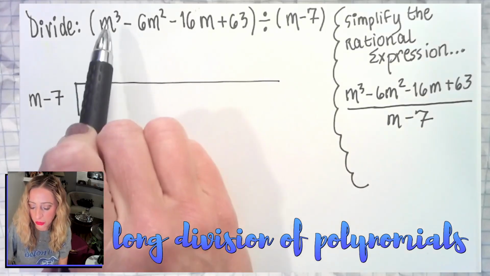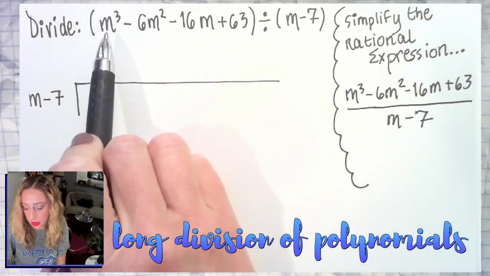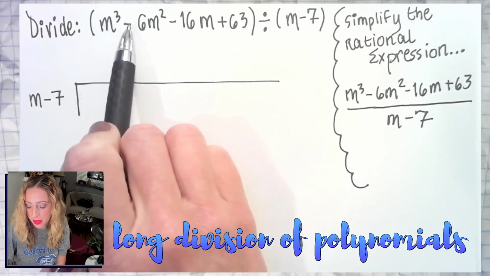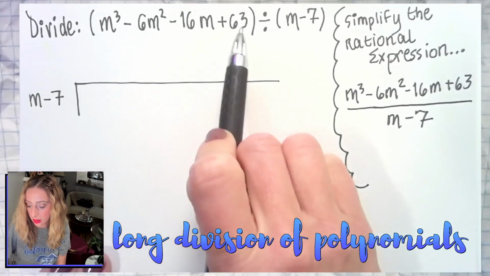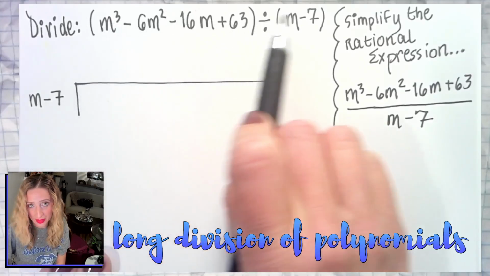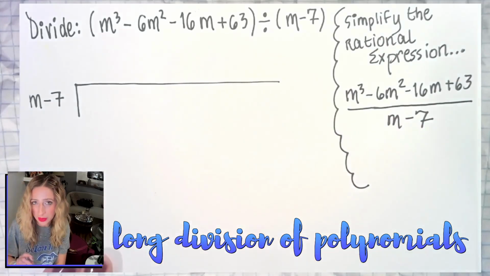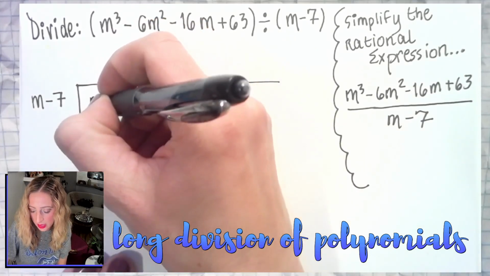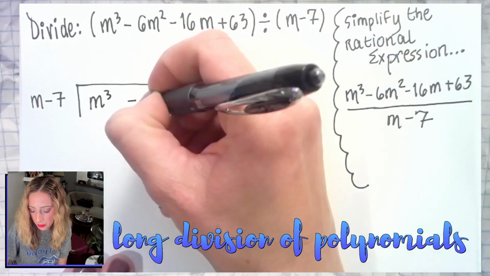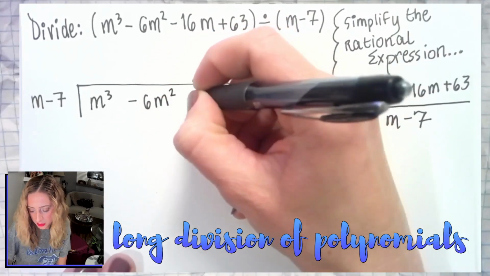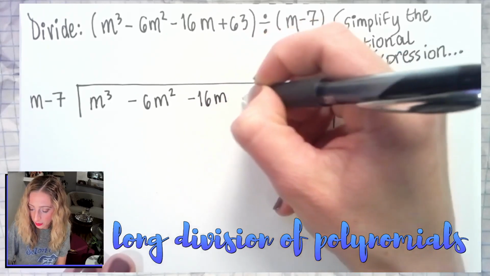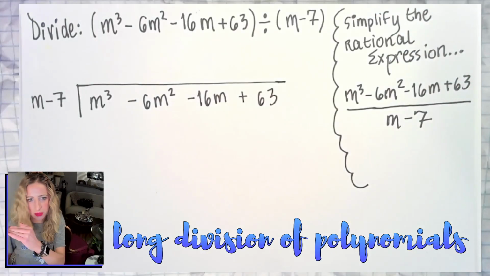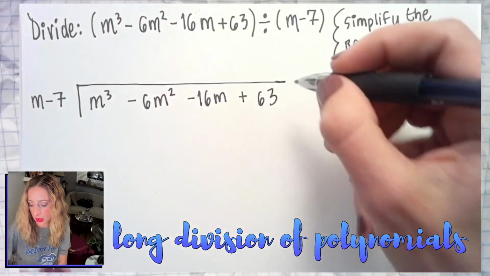And inside, if we are missing any terms counting down from my largest exponent, my largest power in the problem, so my leading term, if I'm missing any of the terms that account for each place until I hit my constant term, I would put in what we call a placeholder. And we'll see that in a future example, and you may have seen it in recent examples. So I'm going to go ahead and write out m³ minus 6m² minus 16m plus 63, and we want to make sure that your long division symbol goes all the way up to the end of that